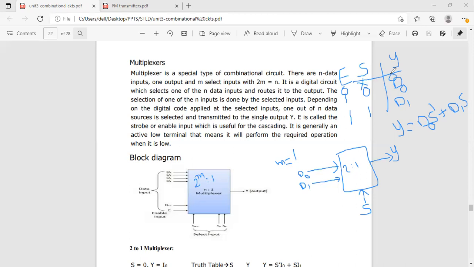What is the corresponding output? 0. So it is a similar way in the decoder. So only when the enable is high, the circuit accepts the given inputs and produces the corresponding output. That is the purpose of the enable pin. So generally it will be used for the cascading. Okay, so this will be active high or active low, depending on the circuit.